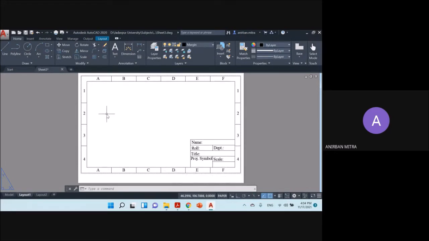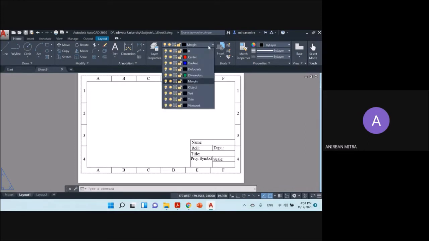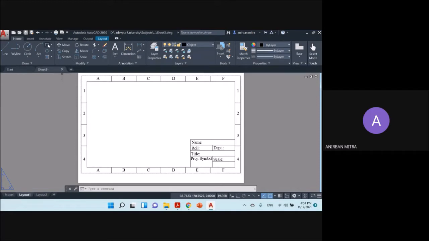So let's see how we can make this. First of all, let's change the layer to object and start with a rectangle. The opposite corner of this rectangle is provided by the relative command, and I'll provide it as 150, 50.